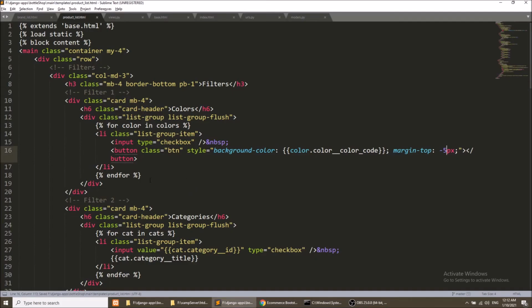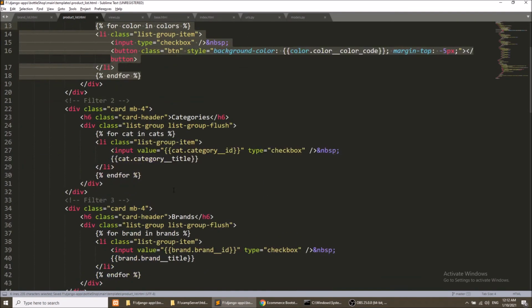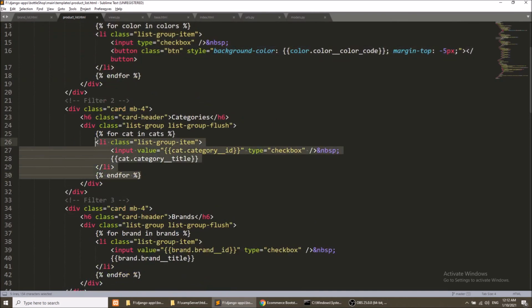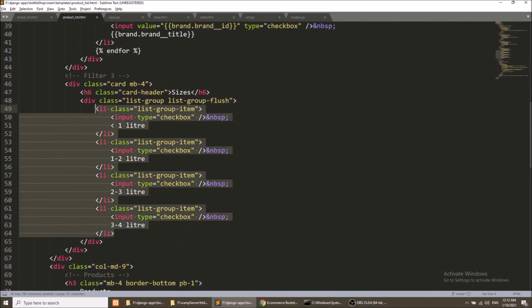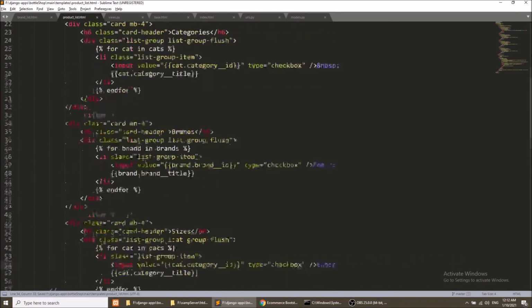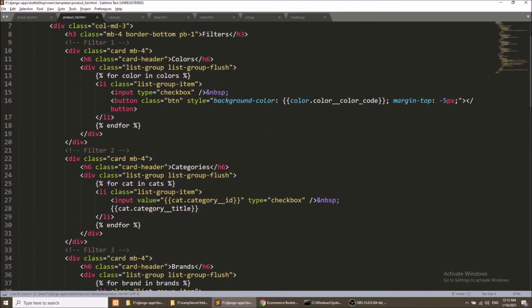Now similarly we will fetch this thing for the sizes. So we can copy this and paste it here. We also need the value. So here I will copy this code and paste it here, and I will add color id.